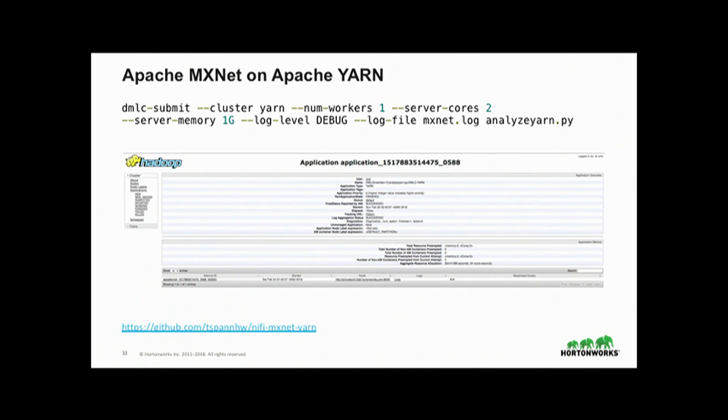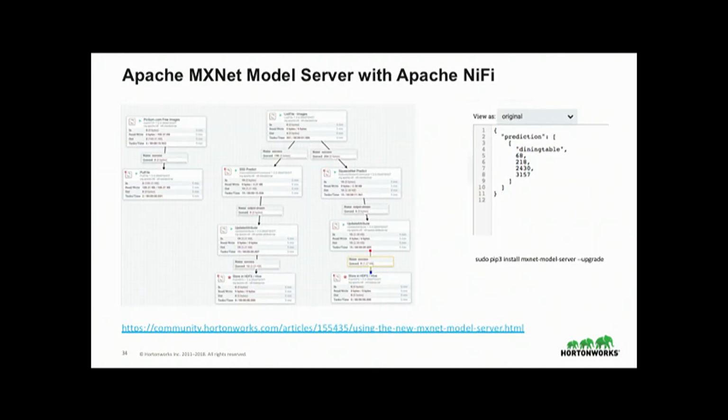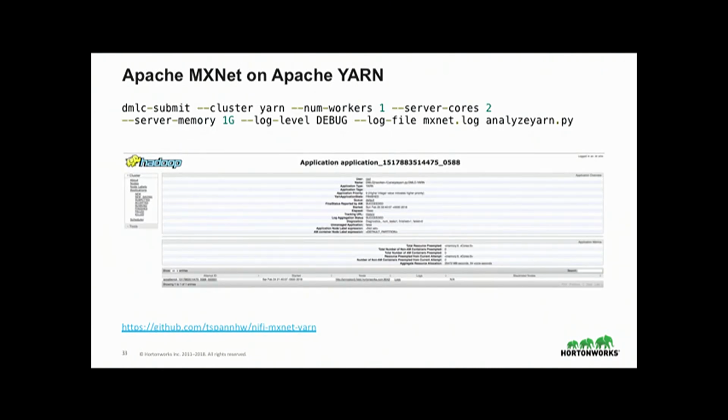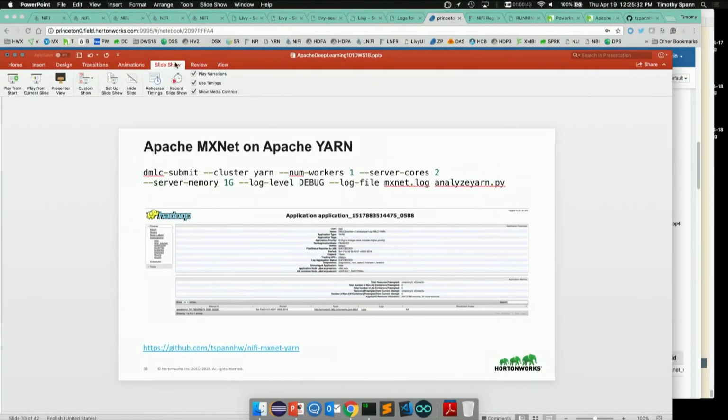It's extremely similar to the way that you'd send a job to Spark. You pick your Yarn cluster, or it could be Kubernetes. I think there's also a native cluster. There's a couple options. How many workers, how many server cores, how much memory. I have an extremely small server I'm running this on because there's no one paying for this one. So I have Hadoop, Spark, Zeppelin, Yarn, Zookeeper, everything on one server, and I'm going to deploy this job on there. So I didn't have a lot of extra resources for this, and you could see it running in Yarn. Let's go back. Do you want to see that, or do people care about running something in Yarn? We've got time. We'll show that anyway.